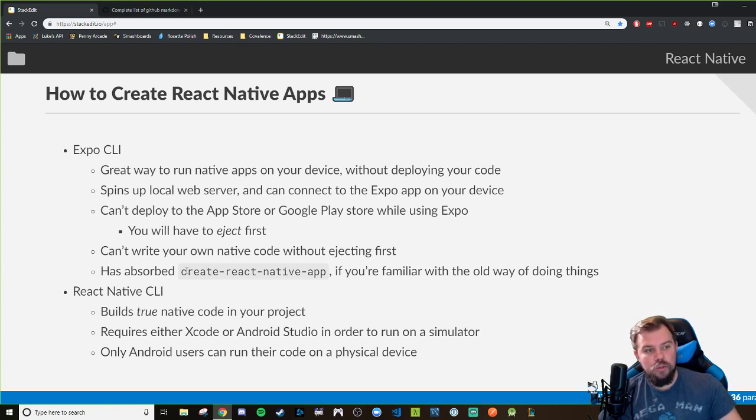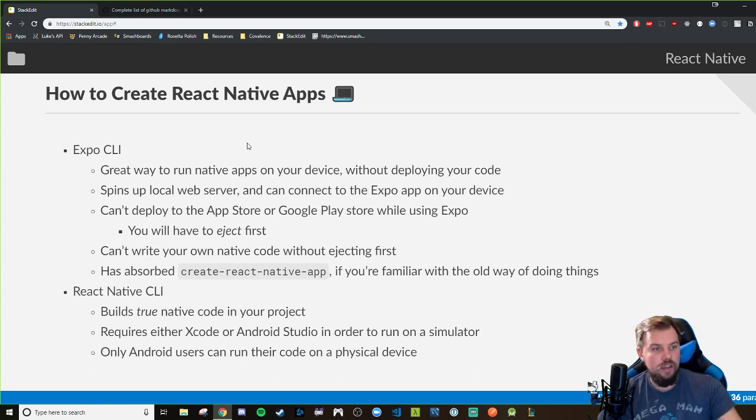Now, for you old school React Native people like myself, aka not even a year ago when I learned how to code in React Native, you might be familiar with Create React Native App, or CRNA. That's an old way of getting a React Native app up and running fairly quickly. It was built using Expo, and they ended up merging to become one thing. Expo has absorbed Create React Native App. So if you're familiar with that, go ahead and toss that out the window, and what you're going to want to do instead is head to the Expo website and install the CLI globally. So an npm install -g expo-cli, which we'll be covering in the next video anyway, if you don't want to